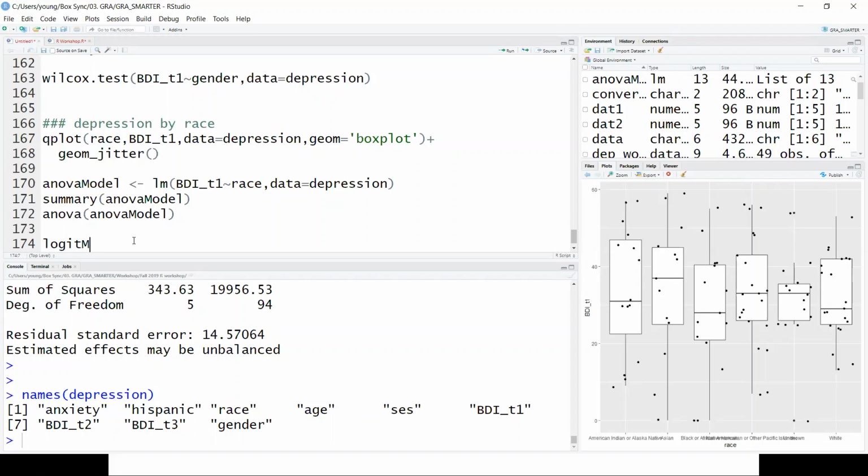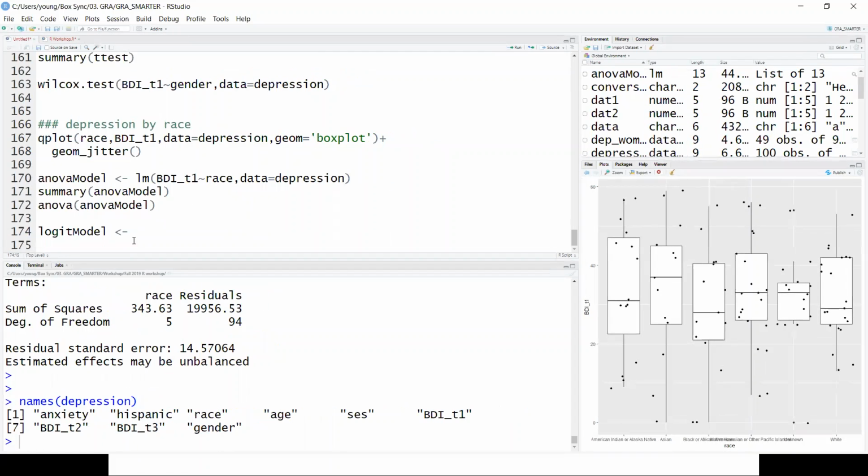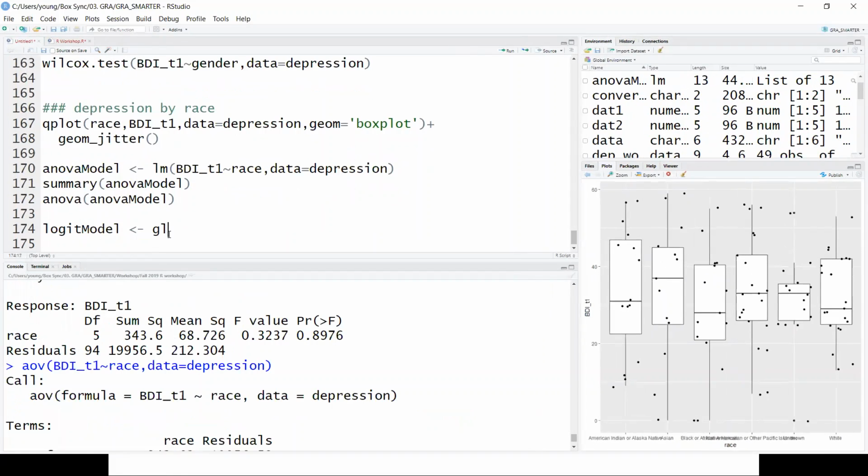So here, let's make a logit model. This is the problem with Word shortcuts, they get them wrong. All right. So now it's not a linear model, it's a generalized linear model. So the function is GLM. And gender is on the left-hand side. We'll see if we can predict it as a function of age and anxiety or something.